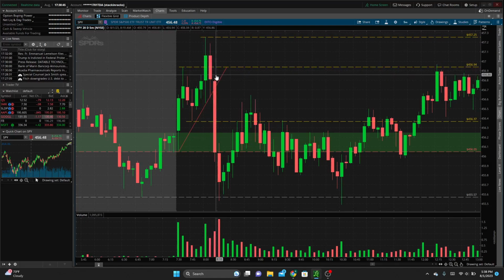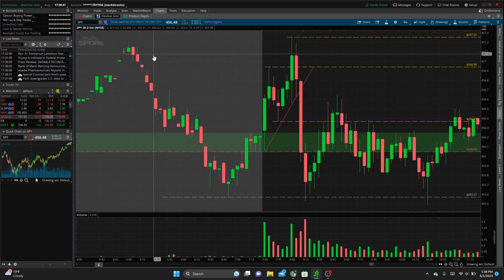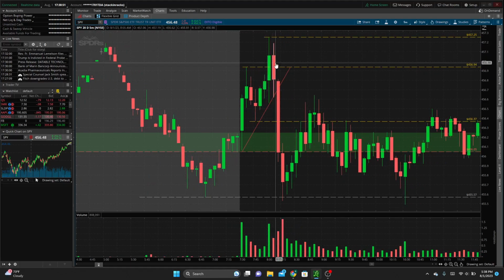That was my first losing trade of the day. Made two mistakes here: not being aware of this pre-market level, and not having any sort of confirmation in terms of the move that I was looking for here. My second trade of the day was a bounce down here. We came down, I saw this extremely high volume candle. I saw this reluctance to break